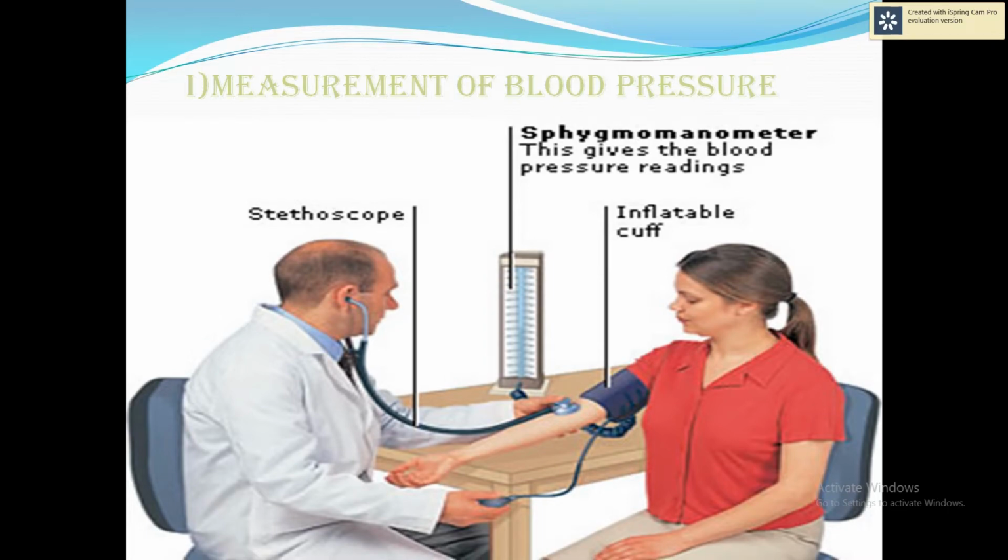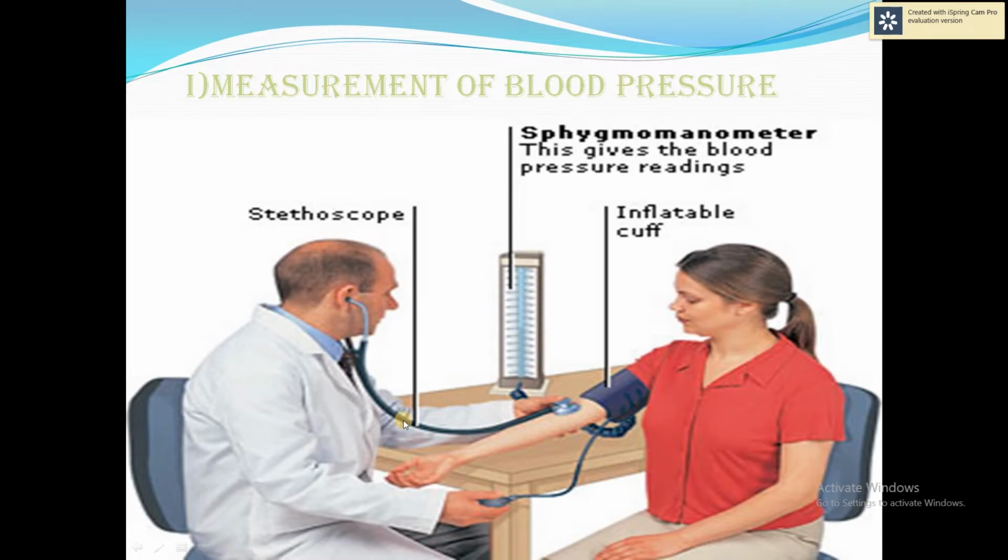You all must be knowing what blood pressure is. This is a very common topic. So, to measure the blood pressure, this is a picture which is showing how blood pressure is measured. You need a stethoscope. So, this is the diaphragm of the stethoscope, which is placed at the origin of the pulse, and these are the earpieces, which will help you to hear the pulses.